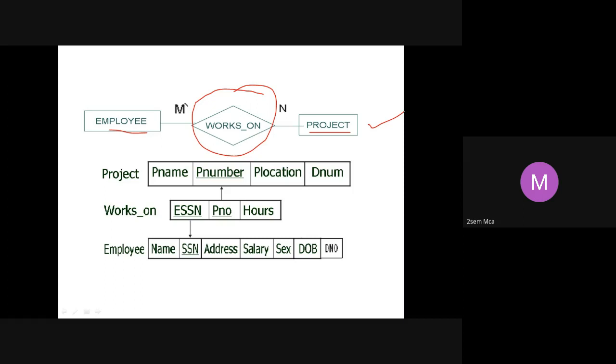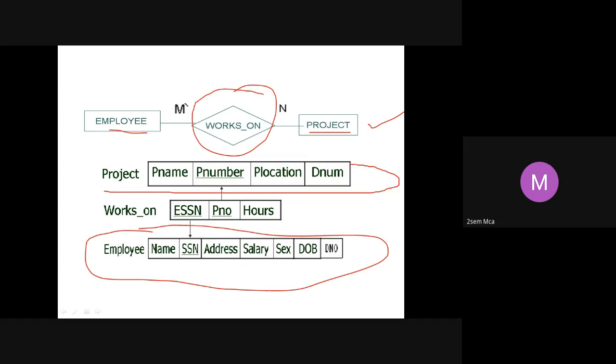That is the example here. Employee, you have already created a table with all its attributes. Project, you have already created a table with all its attributes, because these two are strong entities. Now for this works on, you have to create a new table for this relationship.